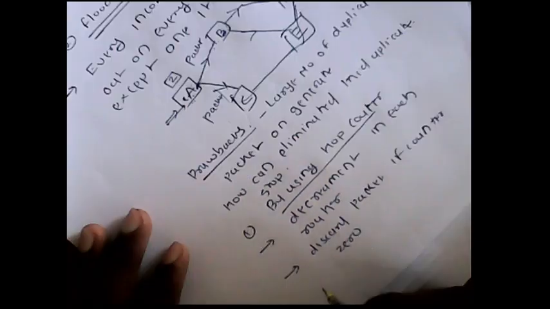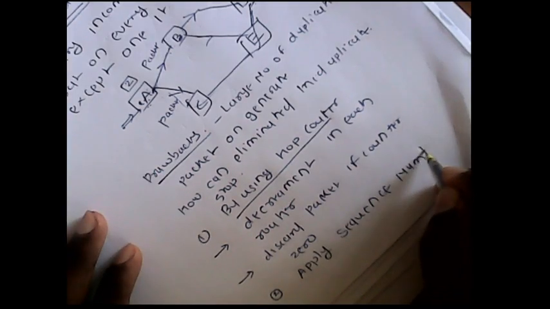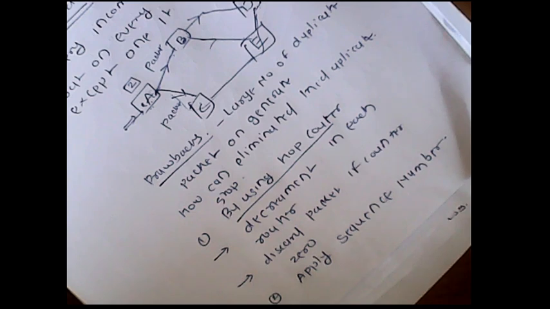Then the next one is to apply the sequence number. To avoid duplicate packets, avoid sending the same packet a second time, keep in each router, per source, a list of the packets already received. Each and every time a packet is to be sent, the router must use the sequence number. So what is the purpose?